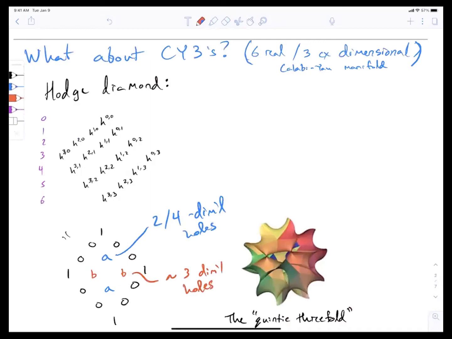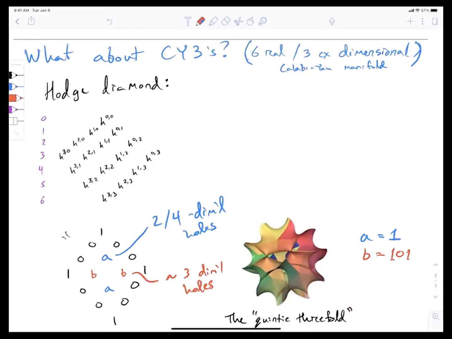Okay. And all the other speakers have given such great pictures. So I pulled this off of Wikipedia. This is a slice of a particular example of a Calabi-Yau threefold. So one of these x's that could be the extra dimensions of our universe. And for this one, A is equal to 1 and B is equal to 101, for what it's worth.